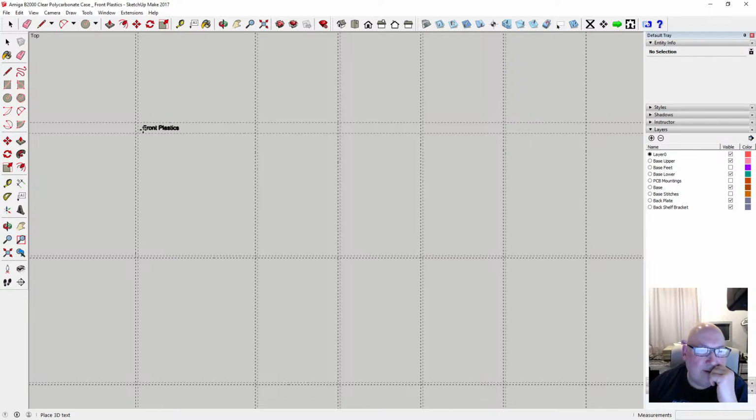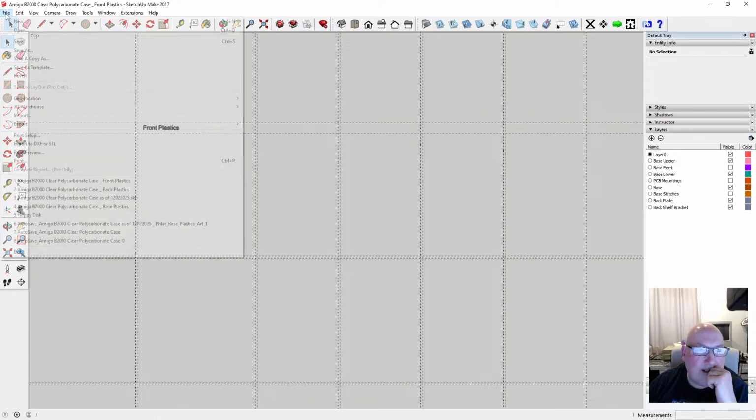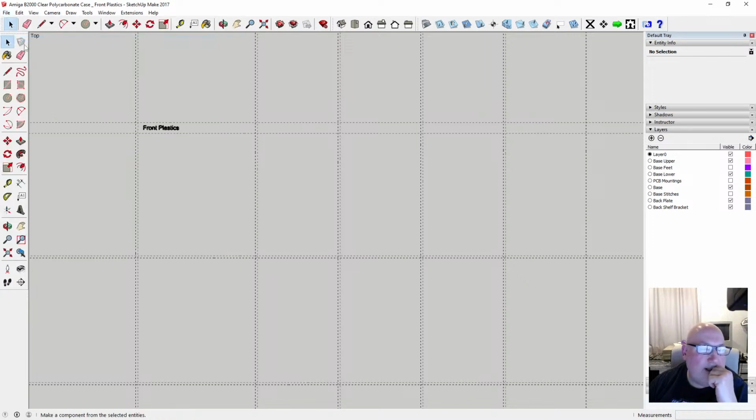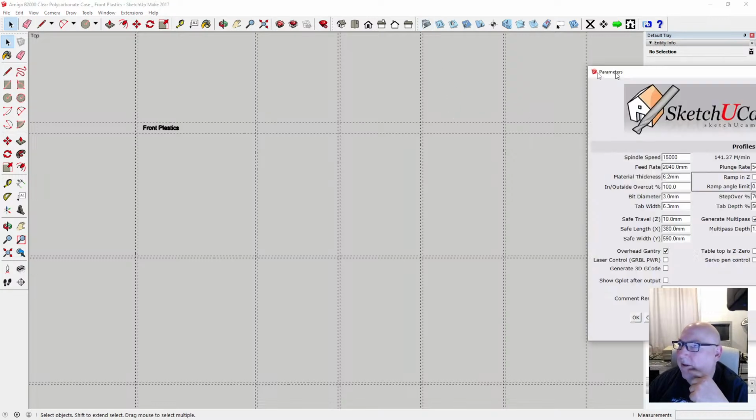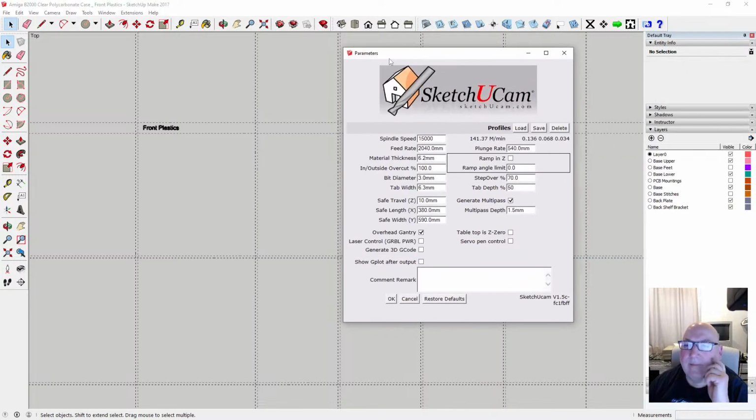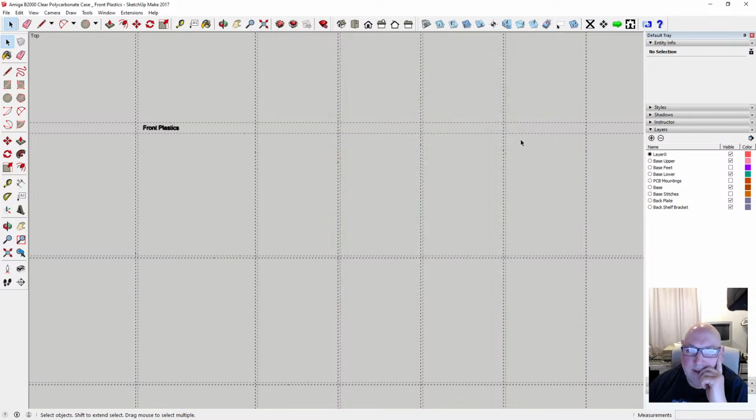I've got front plastics, that'll do for now. We're going to save it again. And what this does, it saves all our tool information, tool speeds and everything else. It saves it all, saves having to set it all again. Okay, so anyway,